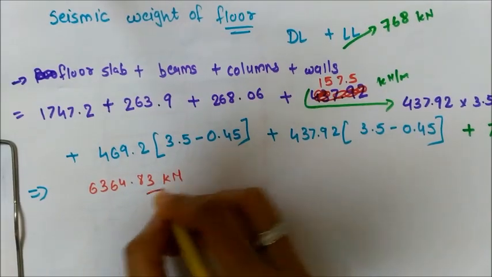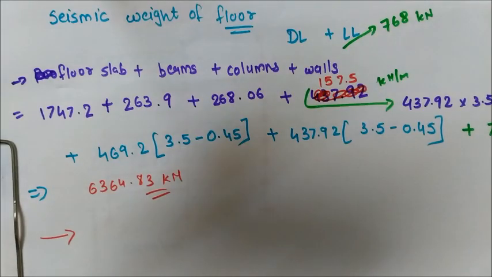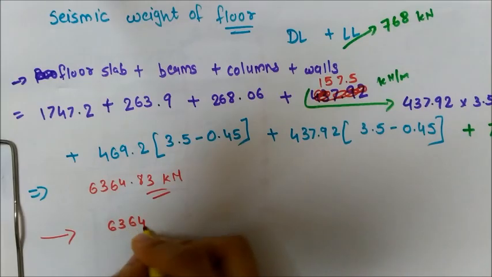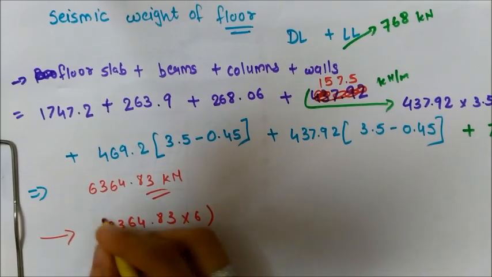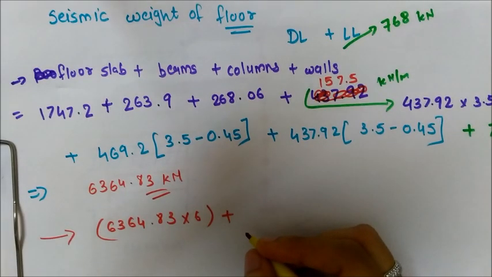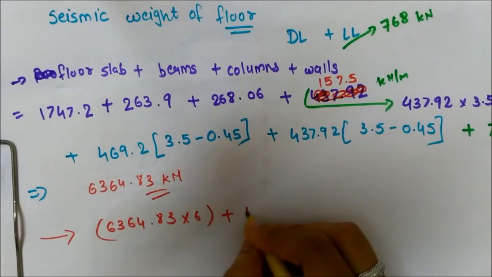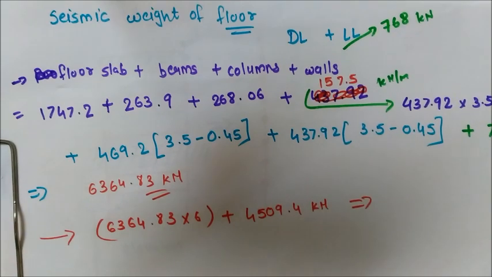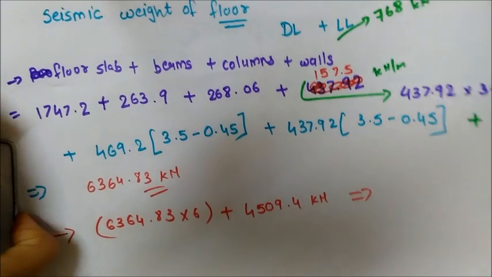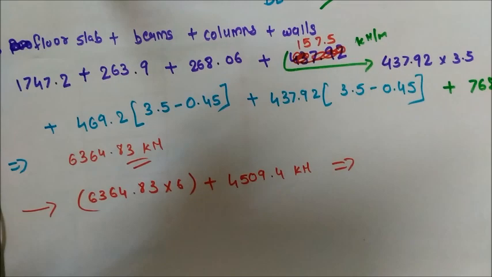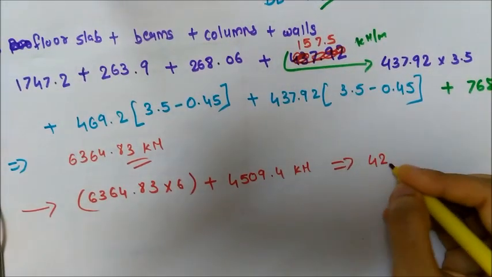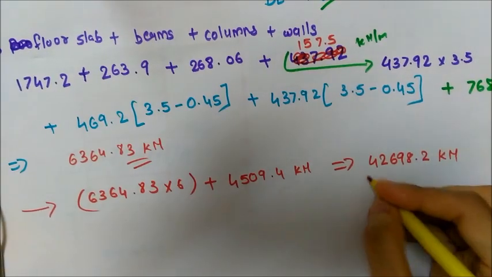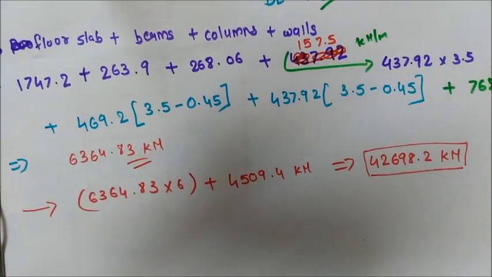So let me just sum all these values, and the final result is 6364.83 kilonewton. We know that we have a total of 6 floors, so we multiply this value by 6, plus we add the roof value, which is 4509.4 kilonewton, to calculate the total seismic weight of the building, and the answer is 42698.2 kilonewton. So this is the final